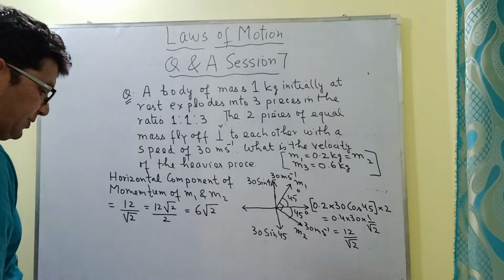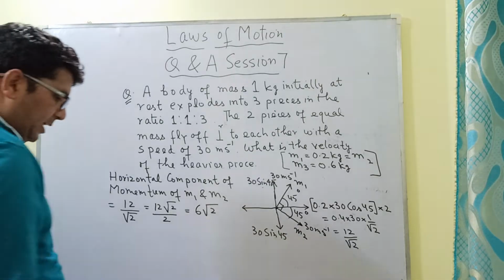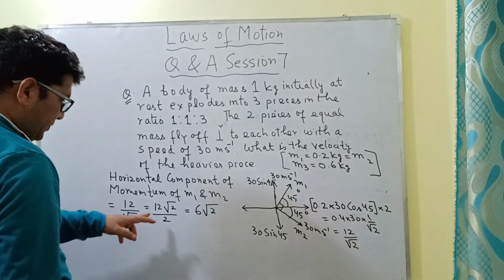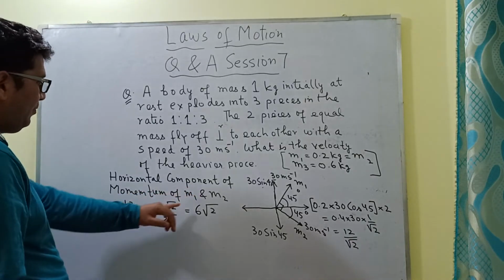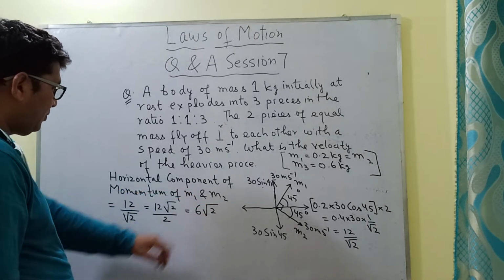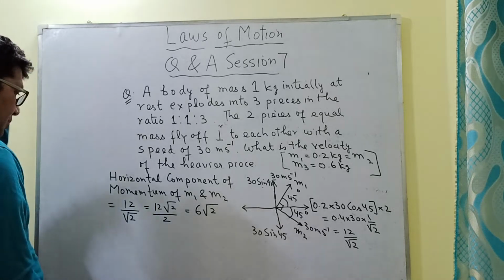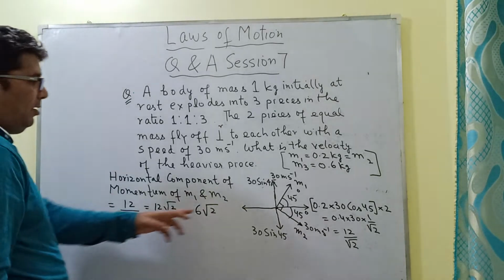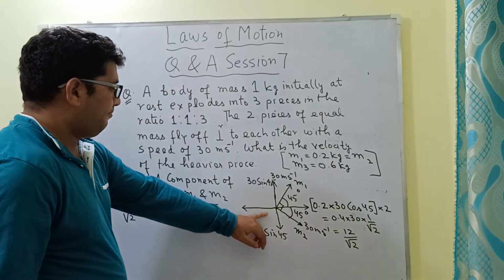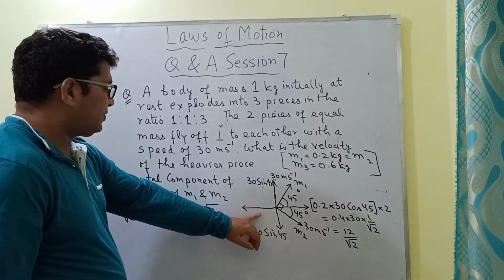तो हमें जो कंसिडर करना है वो करना है खाली this horizontal component of the momentum of this mass m1 and m2. ठीक है, सो ये हो गया हमारा. Now, as per the law of conservation of momentum,